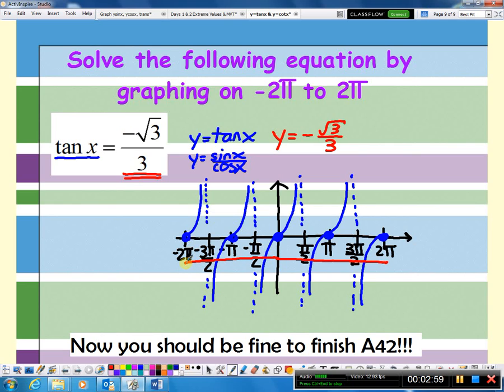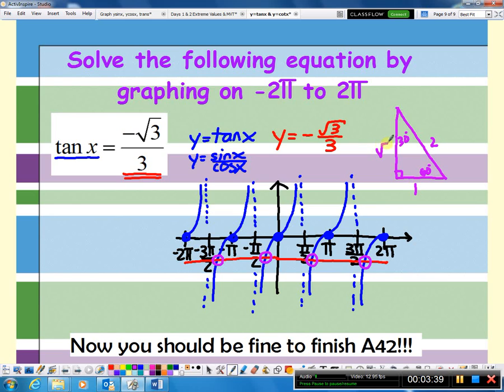So now what you need to do is identify where the two graphs are intersecting each other. Where they intersect will be the solutions. So do you see that I am open circling every point of intersection? So now I know that there are 4 total solutions on the interval from negative 2 pi to positive 2 pi. Well, guys, draw your 30, 60, 90 triangle quickly